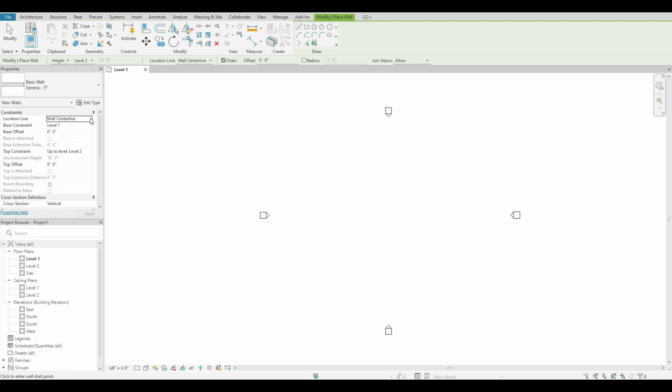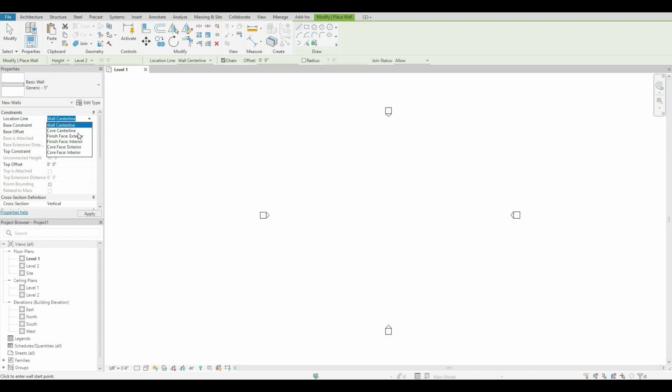So to see the options, what you guys want to do is click in the box where it says wall center line. Once you click in that box, you will see a flyout pop up. Go ahead and click on that flyout, and these will be the options that you have as to how you want those walls again to connect to one another. So we can choose to do wall center line. We have an option to do core center line, which really goes into the materials that are in the makeup of the wall,